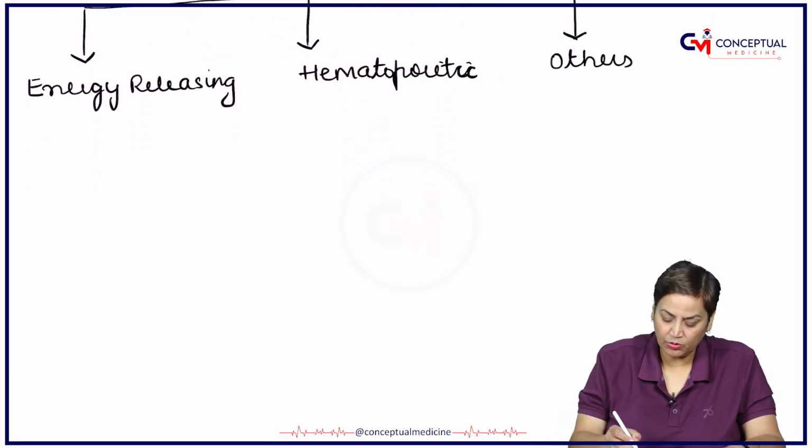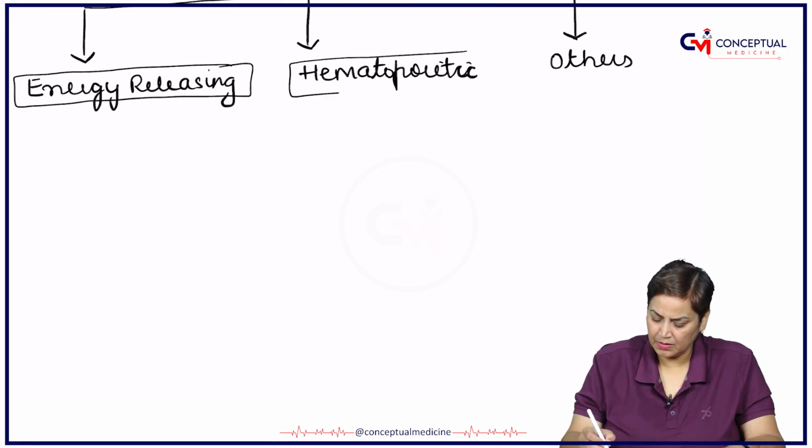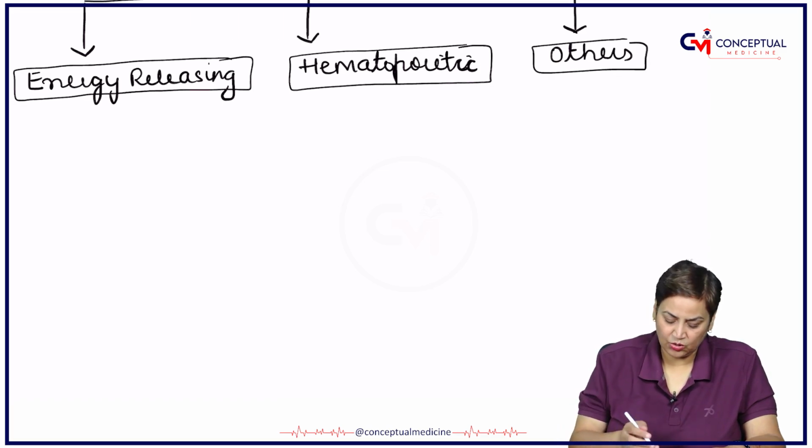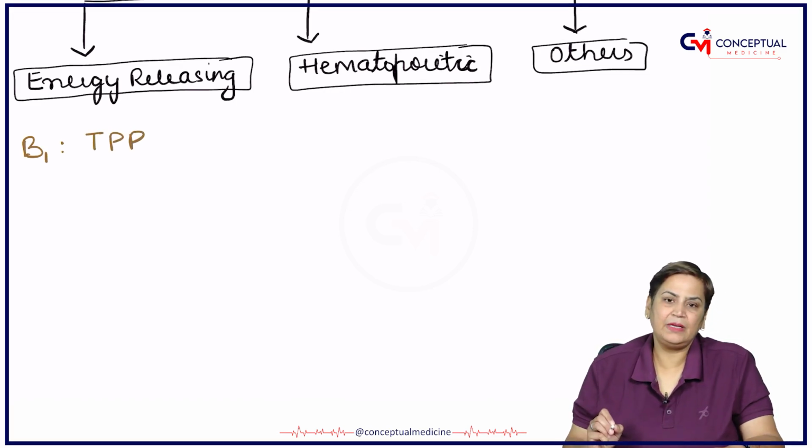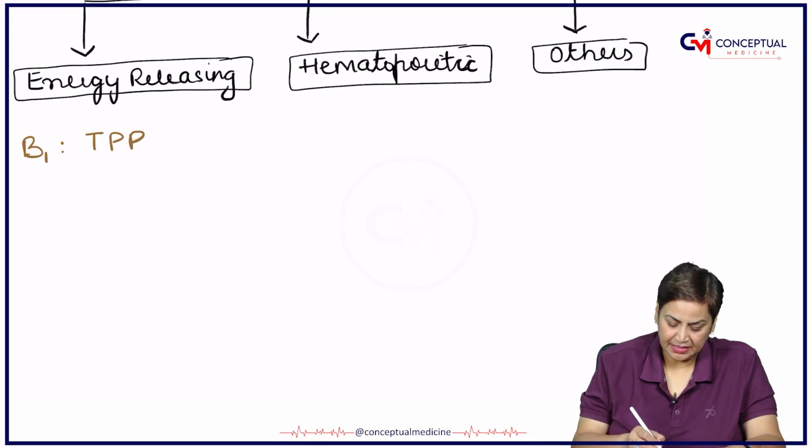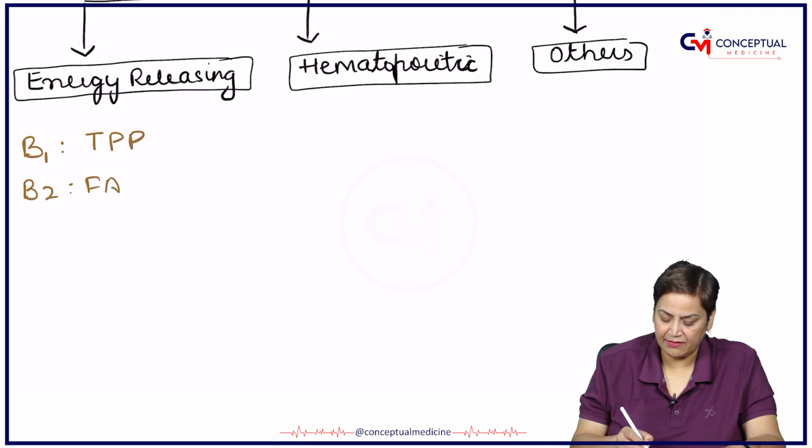Now if we talk about energy releasing, it will include B1 whose active form is TPP, thiamine pyrophosphate, B2 whose active form is FAD and FMN